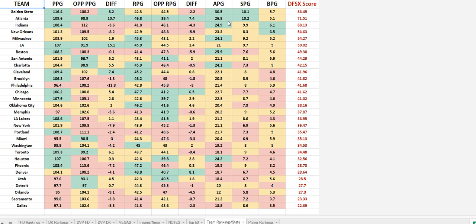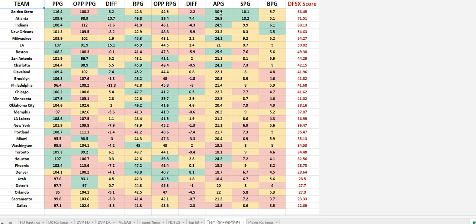Now, this here can be really helpful. So let me explain what's going on here. I know this looks like a lot of data, a lot of colors, a lot of stuff going on. So let's start with just the basics. You've got each team listed here. It shows each team's points per game, opponent's points per game, the differential between those two, the rebounds, opponent's rebounds,